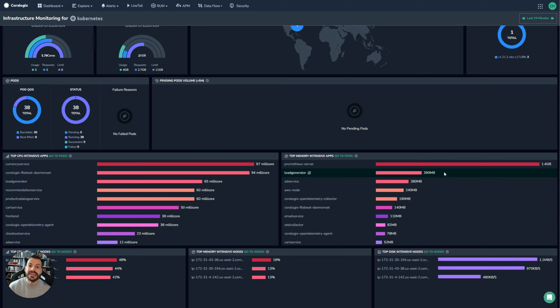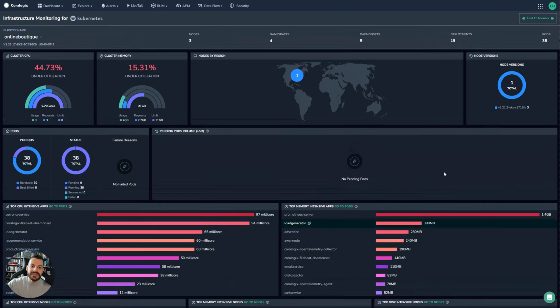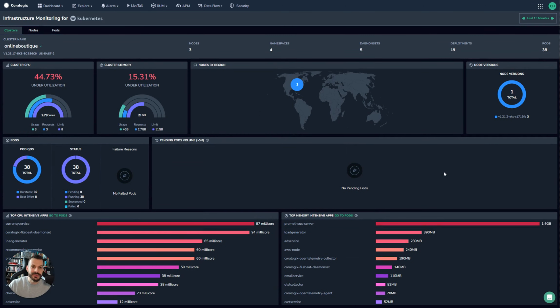And if we can see applications that are using more memory than they should, perhaps they're implemented poorly, or perhaps they're just not deployed in the right way, who knows? But all of this visibility is available just in this view, just in this one place. You don't even have to go into the nodes and pods view where you can get even deeper into these insights. And you can see really clearly what's working and what's not in your cluster,